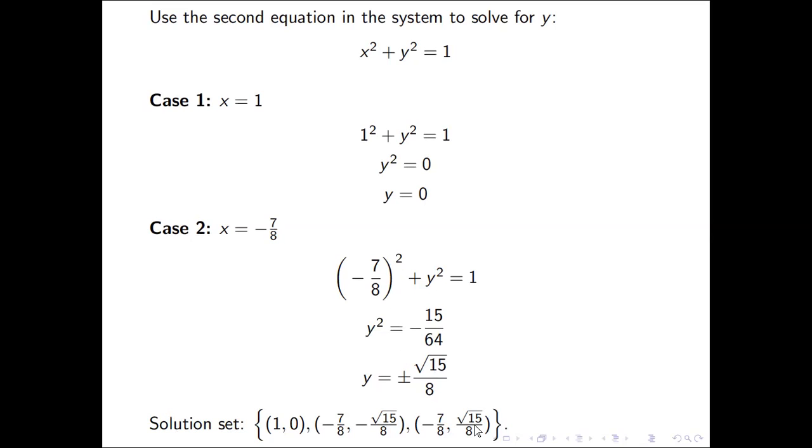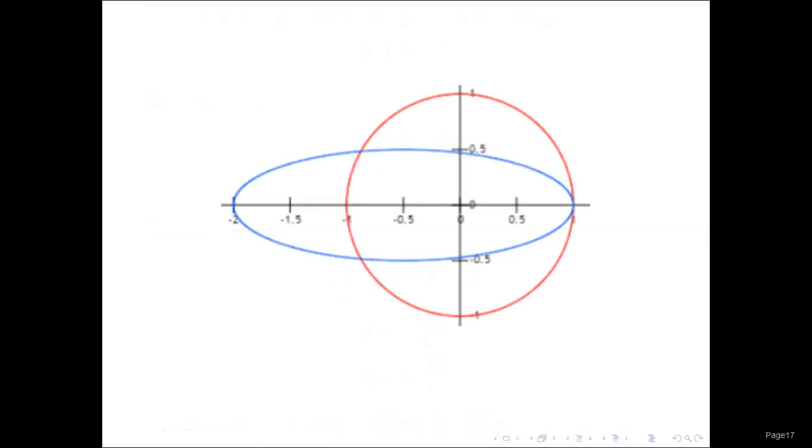So let's go to one more example. Oh, by the way, you're not required to sketch the system. So anyway, if you look at the system, you'll notice that one is an equation of a circle and another is an equation of an ellipse. And as we have seen, there are 3 solutions, meaning graphically, there are 3 points of intersection